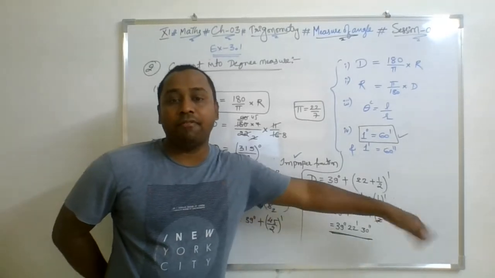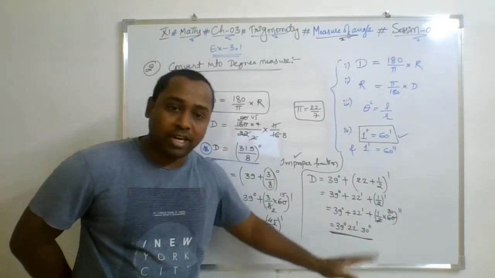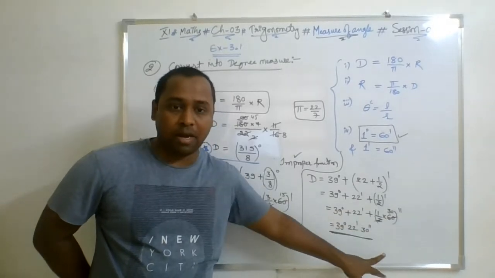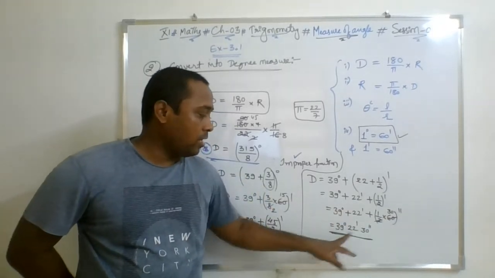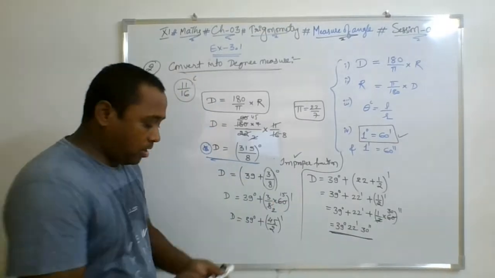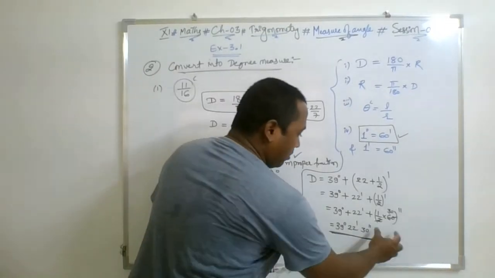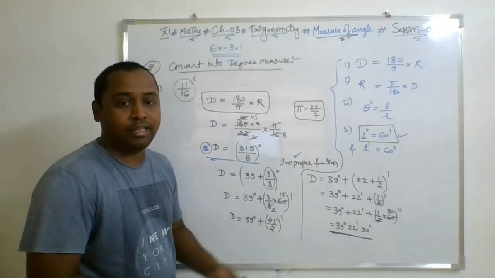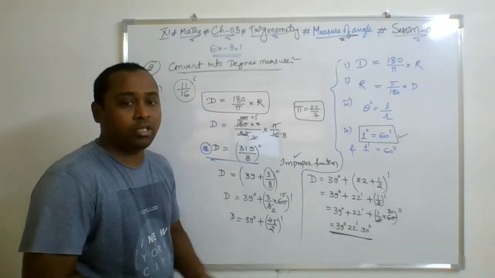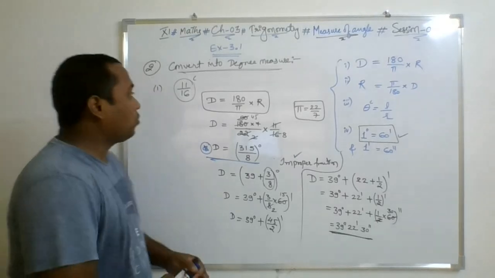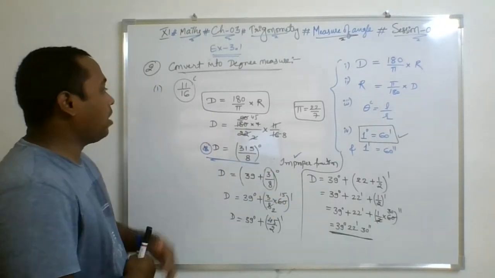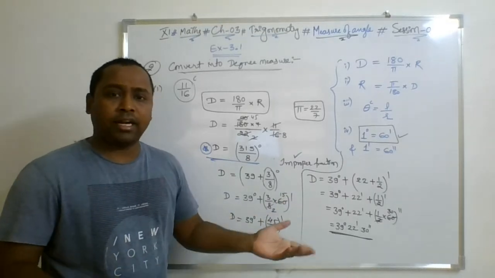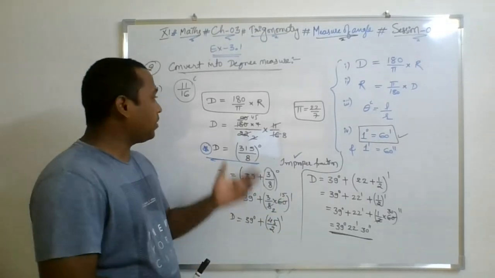Then you can leave the rest of the part. Simply take that integer part after division as an answer. Then in that case, you need to write the approximate word in the bracket while writing the answer, because that was not the accurate one. So this is all about the conversion of radian measure into degree measure.